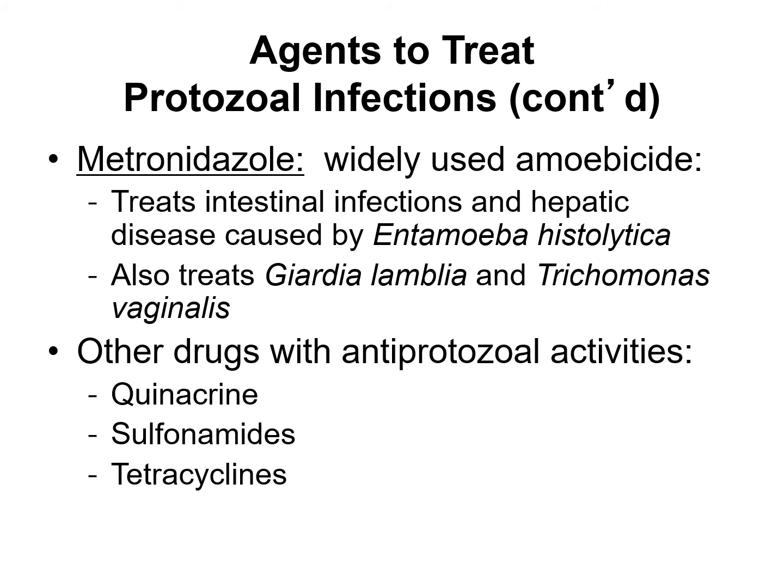But get gap, and then gap was for three other particular microbes, and then "on the metro" meant using metronidazole for it. And so rosacea actually can be treated with metronidazole as well. So it's a widely used amoebicide. So it's going to treat intestinal and hepatic diseases. I've already named some of those. And then other medications with anti-protozoal activities are these down here. Out of these, tetracyclines are very common, and sulfonamides are also very common.